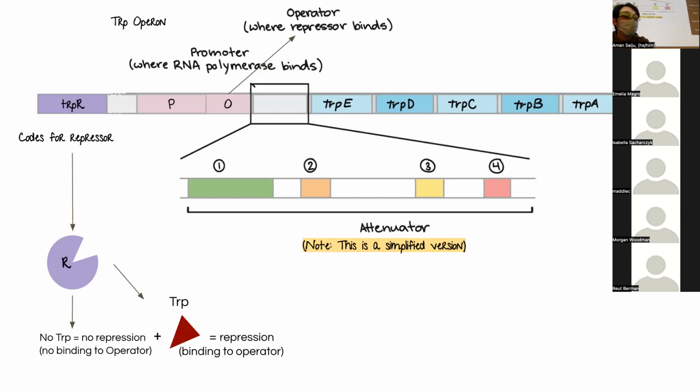And at a fundamental level, this is kind of similar. Do you guys remember the lac operon from 151? Yeah, for the most part. Basically, it acts kind of similarly in that